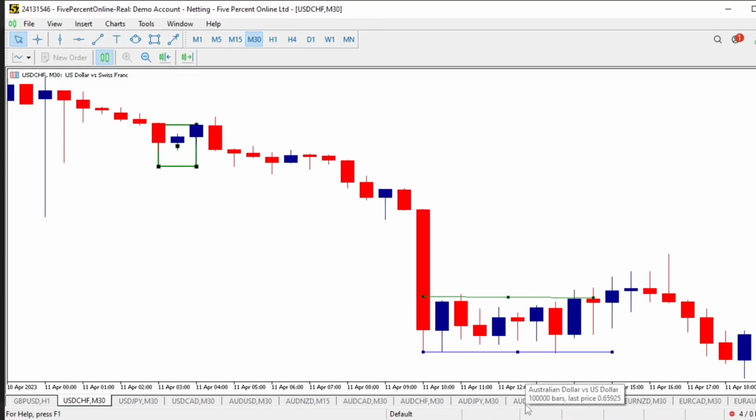Now we're going to look at the bullish principle in the next session, then we'll look at how to put them together